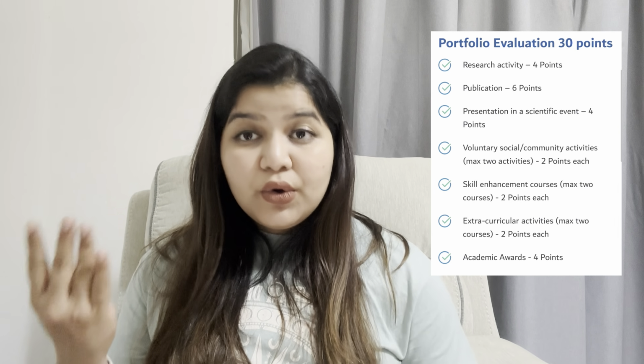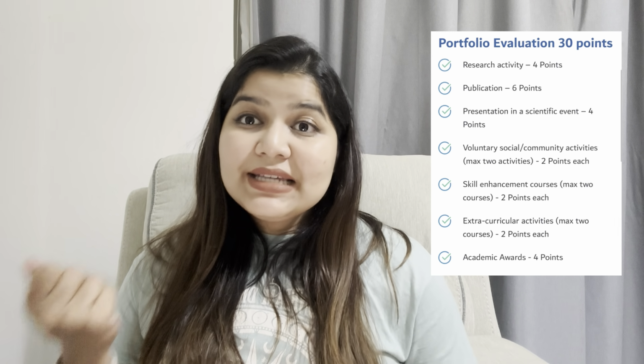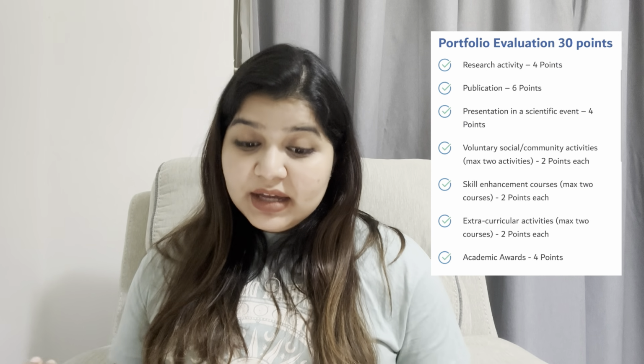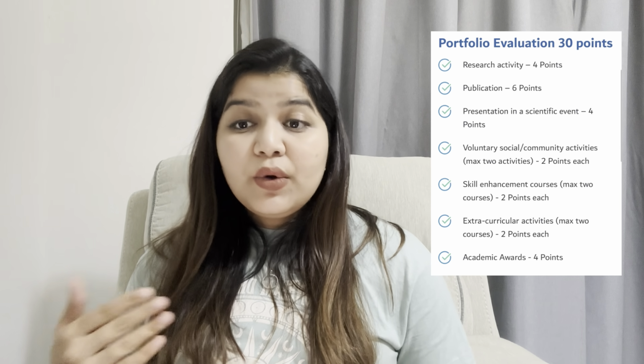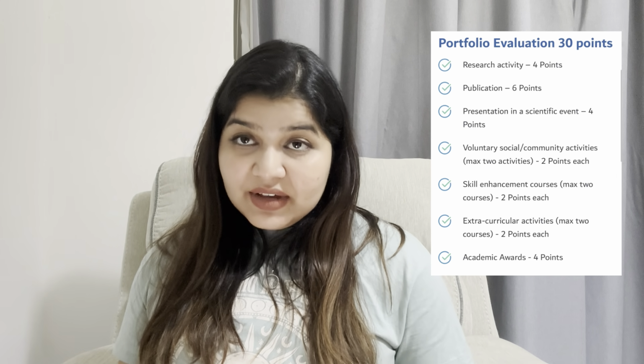So it says that the total portfolio is scored under 30. Now, we know that it counts for 30% of your total shortlisting score. So 30 points go to portfolio. And how are those 30 points divided? 4 points go to research activity, 6 points go into publication, 4 points go into presentation in a scientific event,